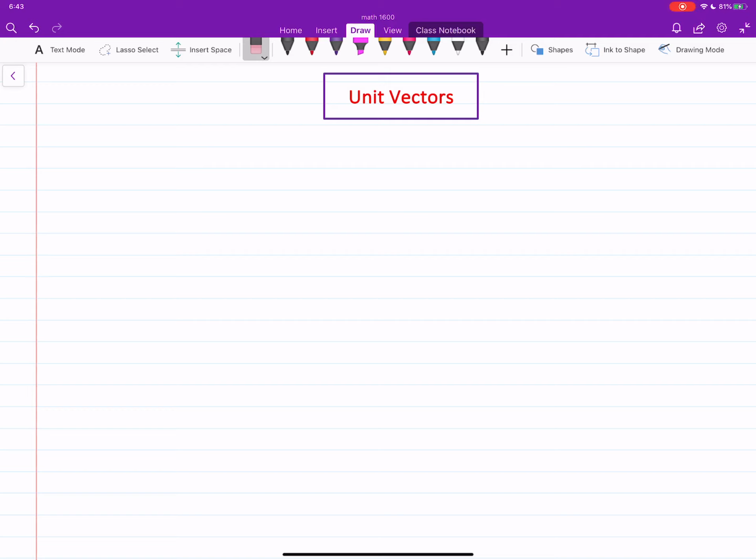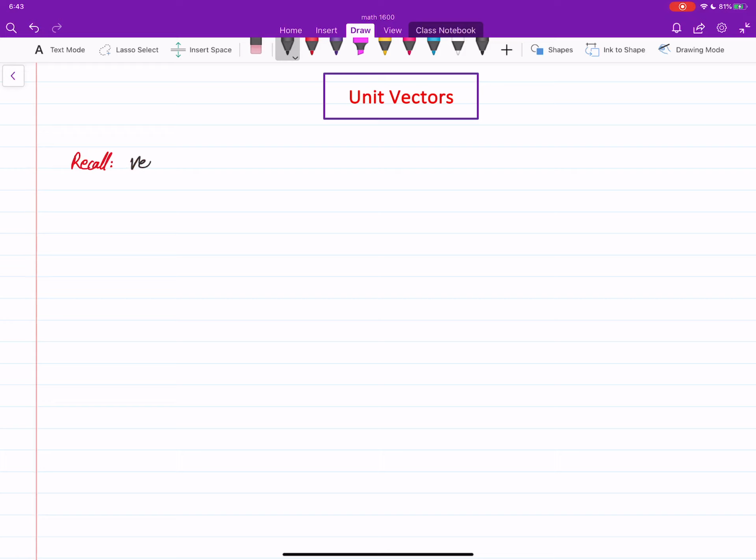Hi, in this video I'll talk about unit vectors. The definition is very easy, but you will see why these are important for us. Okay, so to start with, just recall that